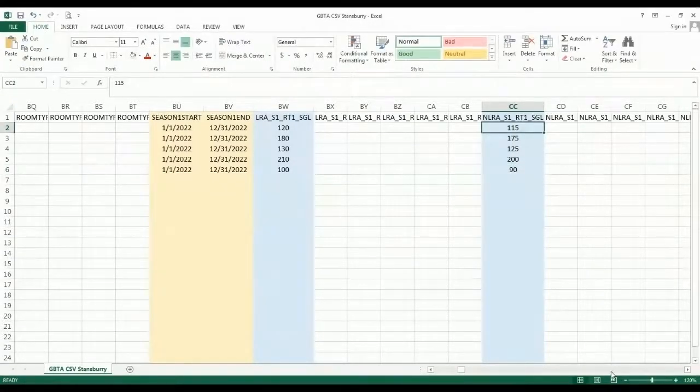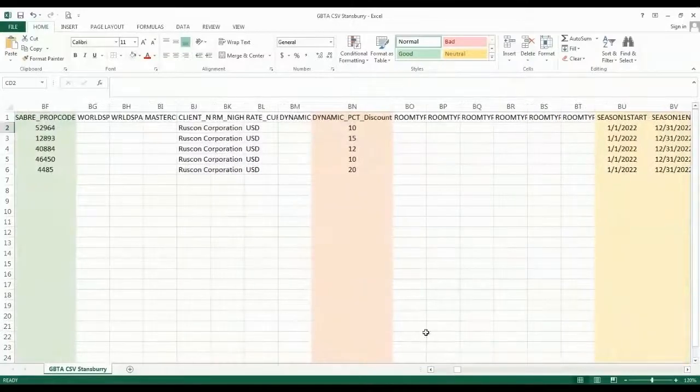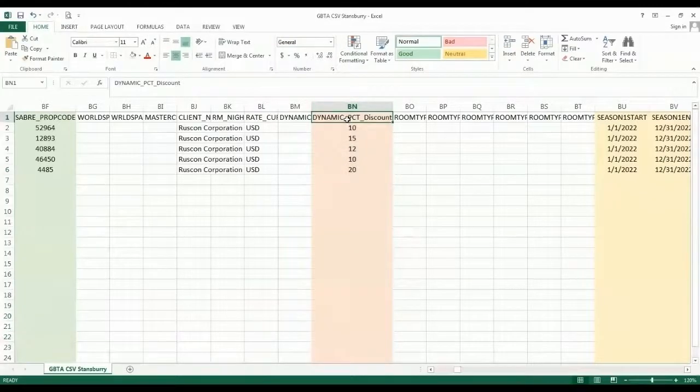Those are my rates for non-LRA single. The next column, let's go back a bit. And if you look at this column here, BN, you will see that this is the dynamic rate field. Yes, that's right. You can upload both dynamic and static rates at the same time.